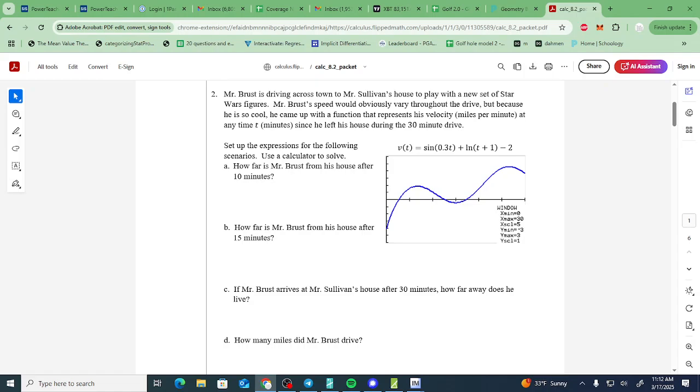This dude's driving to someone else's house. Star Wars nerds. They got this function, so it looks like he started off going backwards, like he was going away first. Maybe that's like backing out of his driveway, I don't know. Then he goes forward for a bit, but then he